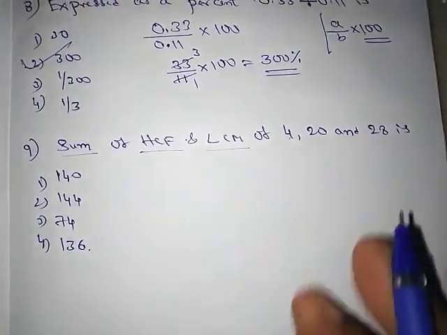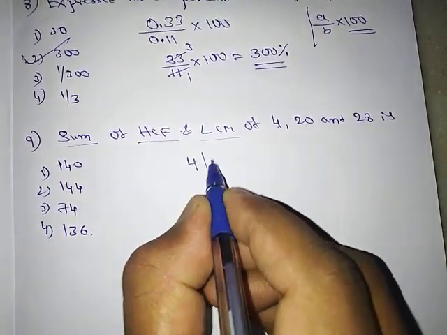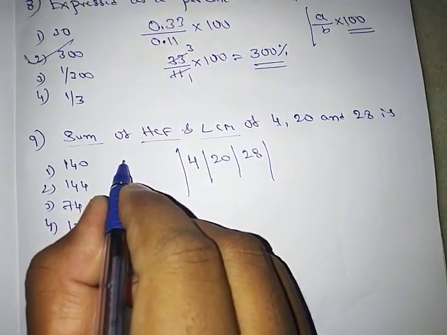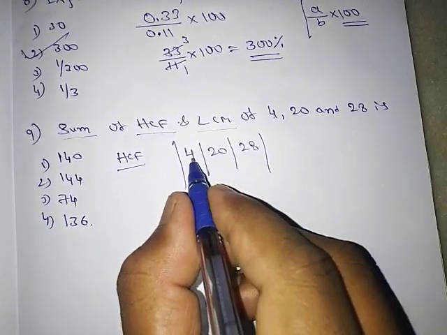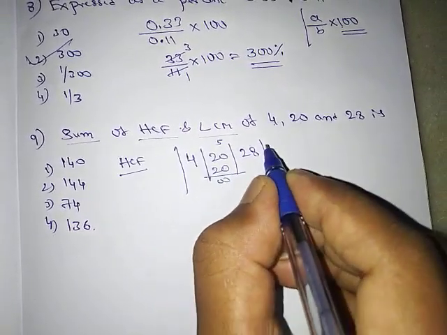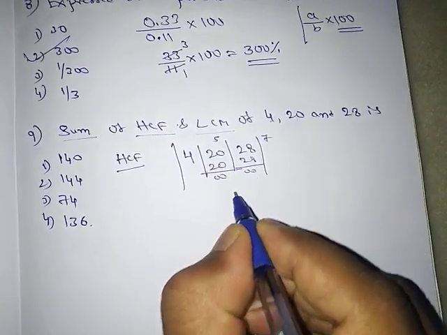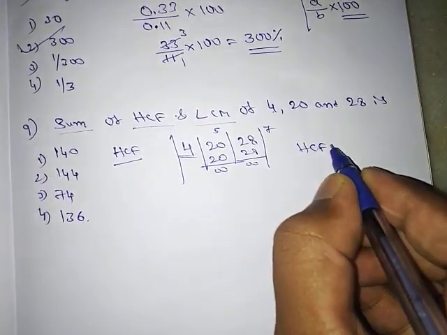Okay, so first of all I need to find the HCF. My method is like this. If you are using another method, I don't mind. The aim is only to find the HCF, right? So 4 5s are 20, right? 4 7s are 28. So these two give 0, then 4 is the HCF. HCF is equal to 4.